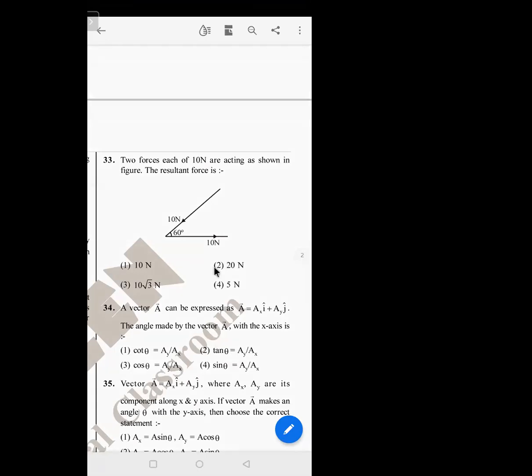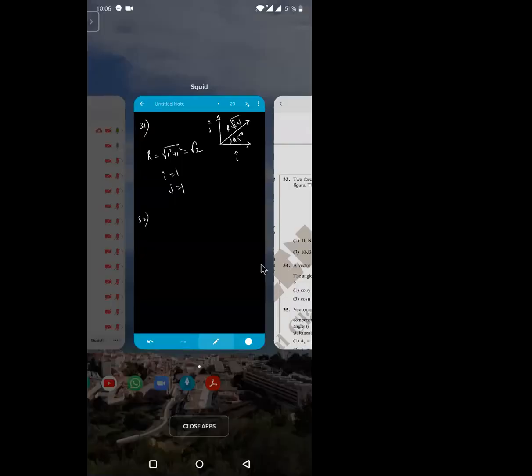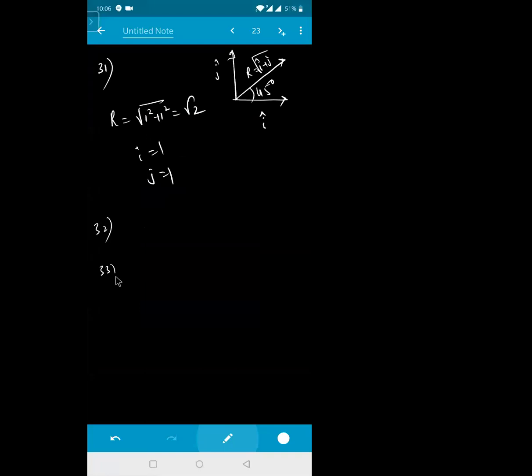What is the angle between these two forces? 10 Newton, very good. 10 Newton. What is the angle between these two? Sir, 120 degrees. Very good, very good. That is the answer. Because we have one force here of 10 Newton, and this is another force, also 10 Newton. The angle between them is 60. This is head and tail, so we can't take that angle. What we need to do is extend this one in the front direction. So this will be the angle between the first vector and the second vector. So it is 180 minus 60, which will be equal to 120.